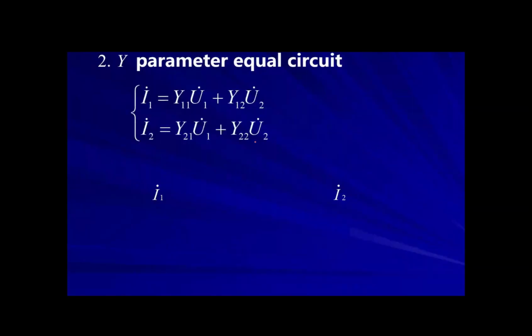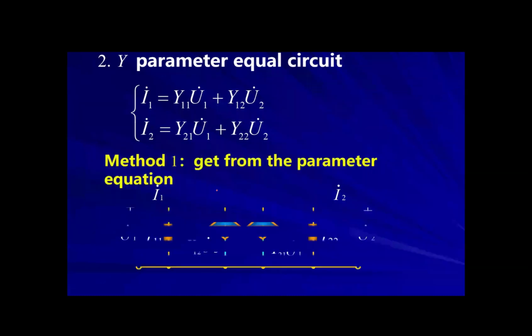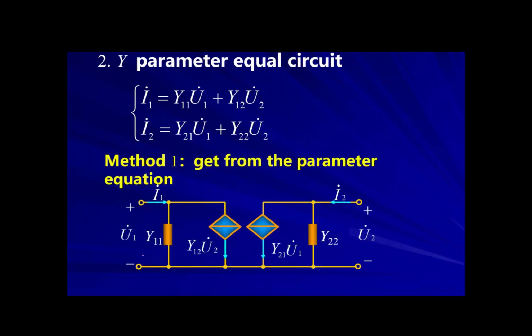If we use the Y parameter to express, use voltage to express current. Method 1: I1 is Y11 U1, this current, plus Y12 U2, this dependent source. I2 is Y21 U1, this dependent source, plus Y22 U2, this current. This is method 1. For method 2,